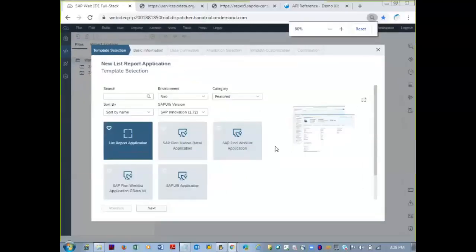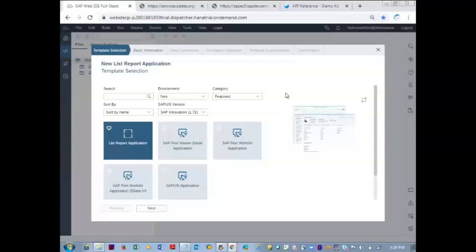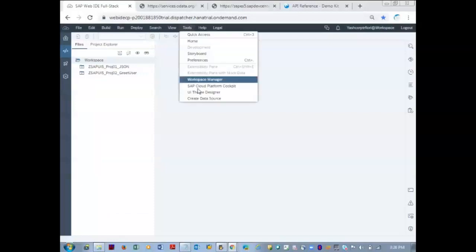When you are consuming the data, the prerequisite is that the services must be configured in the destinations of SAP HCP, what we did in the previous session. Northwind services or SAP services must be configured in the HCP. Let me open the SAP HCP.